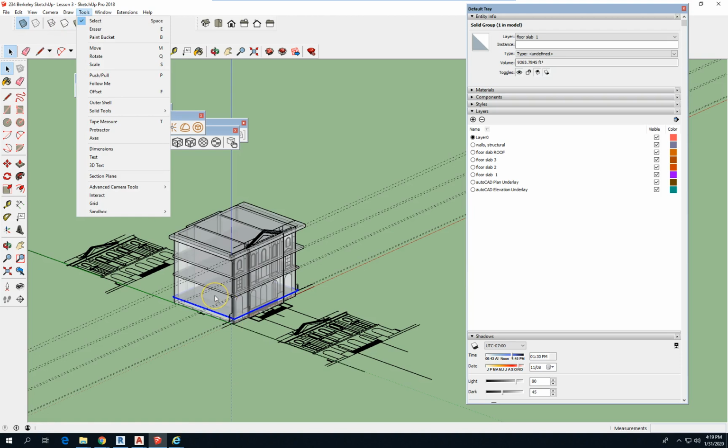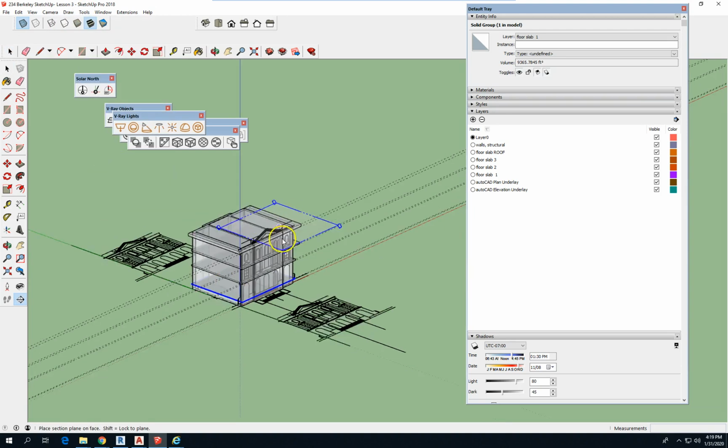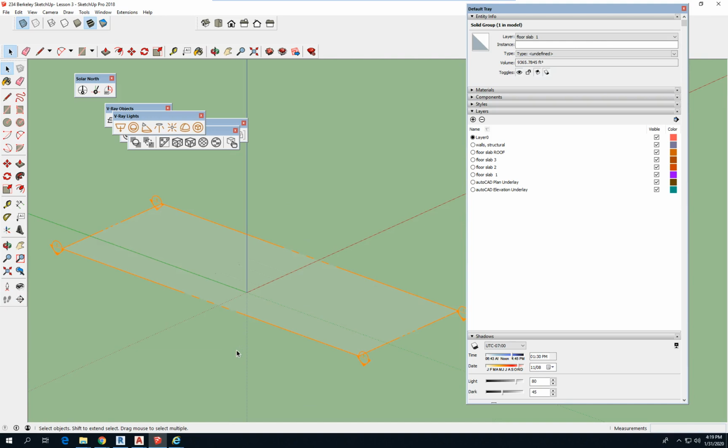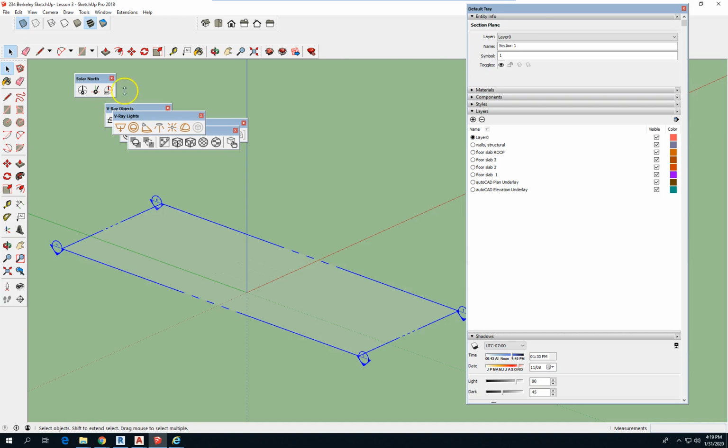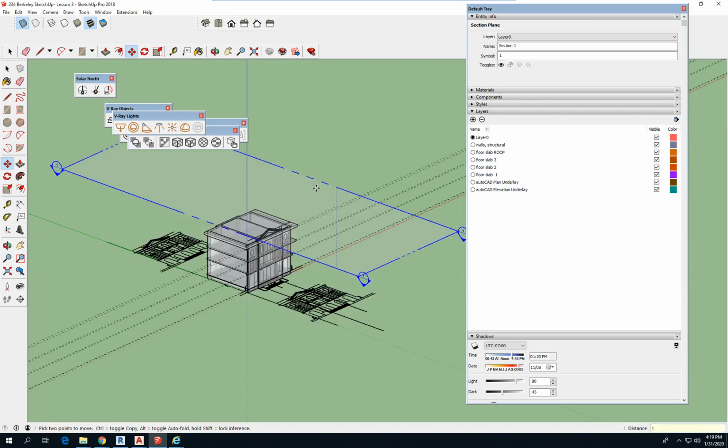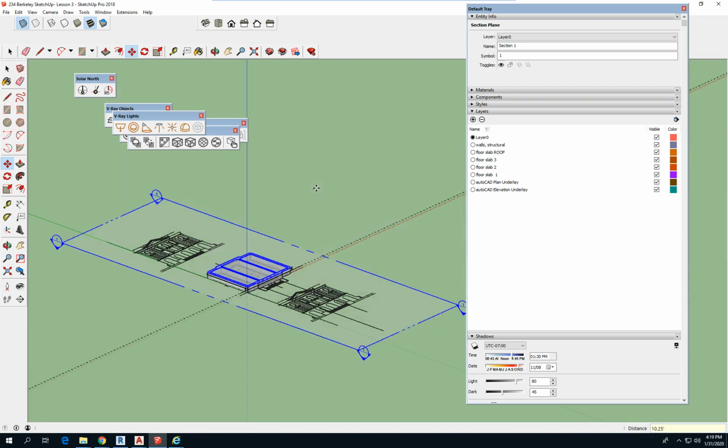Tool, Section plane. If we place it right on the ground, it's going to eliminate everything. But now I can take that section plane and raise it that, let's see, look at my calculator, 10.25 feet. Move it in the Z direction, 10.25 feet. And that's where my first floor plan is going to be. So if I go to a top view,